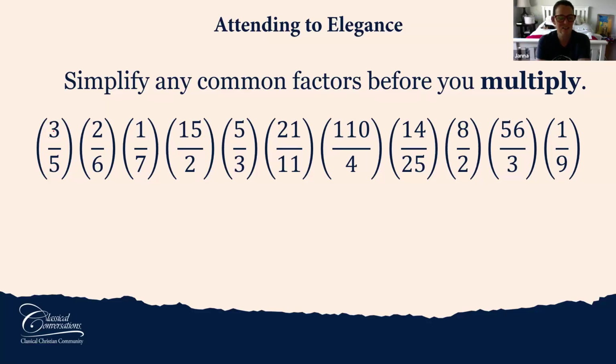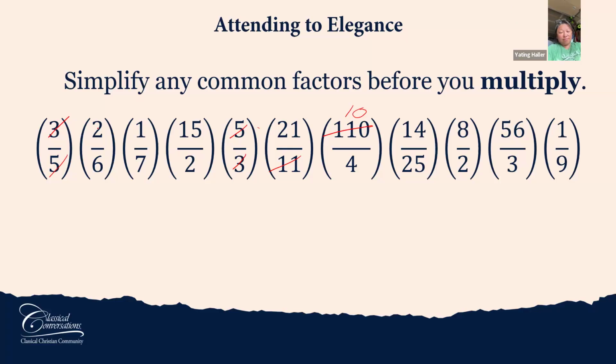Yes, there's 5s and 3s, 11s and 2s. All right, so hang on. Here we need to be careful because we need to make sure we write the other factors. We don't lose that. So here I have 2 divided by 2 is 1. Okay, any others? You have an 8 on the top and then a 4 and a 2 on the bottom